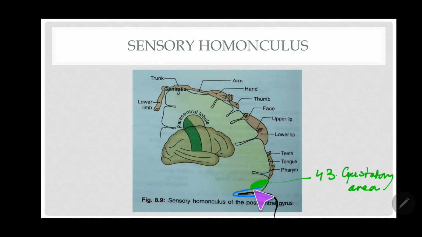So just to tell you that this gustatory area is very closely placed to the area on the postcentral gyrus, that's the area for pharynx and tongue. There you find area number 43 in the dorsal surface of the posterior ramus of the lateral sulcus. Another thing I'll show you in a different slide. There is this area here which is reaching to, or you can say even overriding, this gustatory area here.